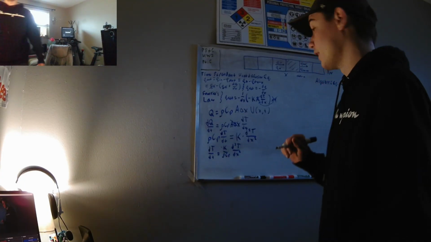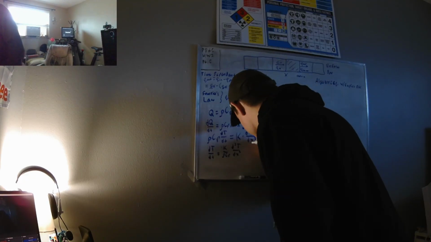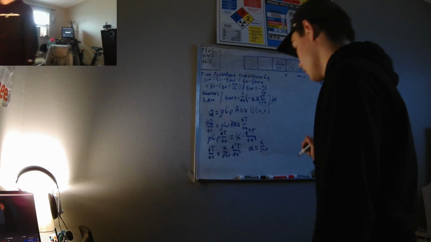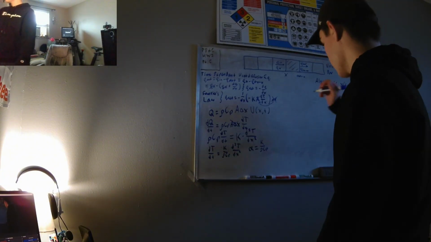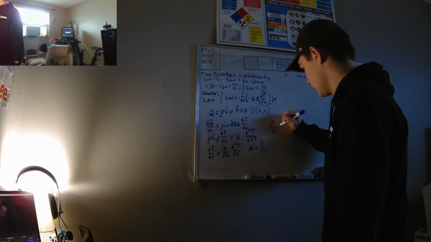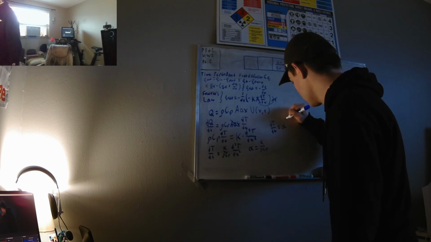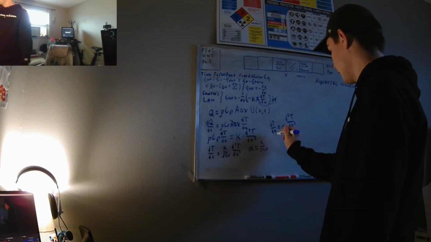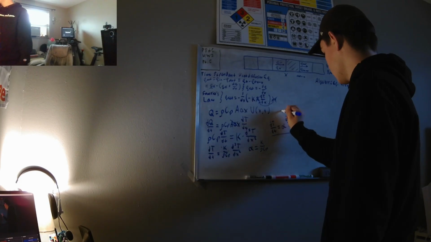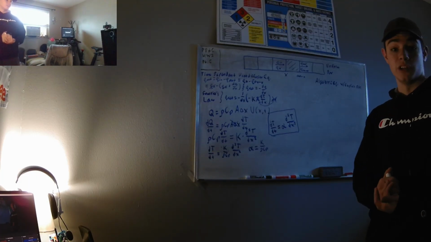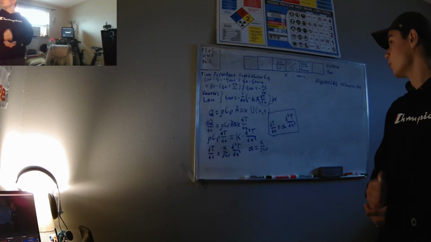And then again, taking into account that our thermal diffusivity, which we noted was constant alpha, is equal to K over rho Cp, we get a final expression that our change in temperature over change in time is going to equal alpha times the second derivative of temperature over the second derivative of position. And that right there